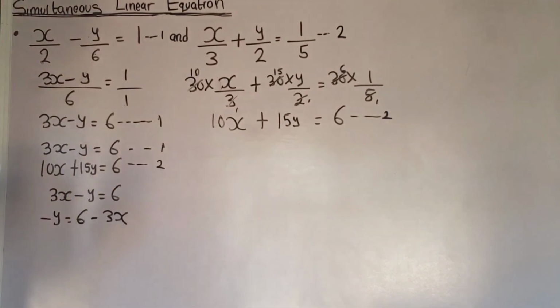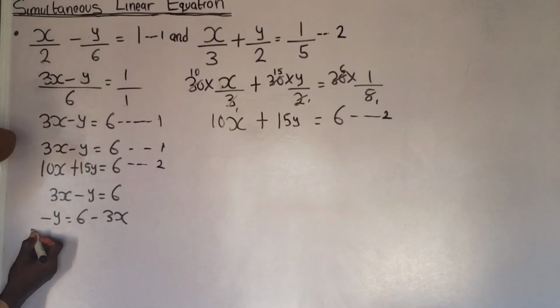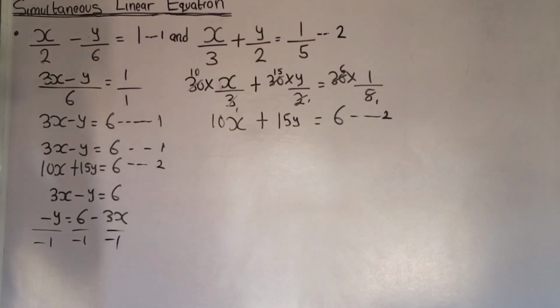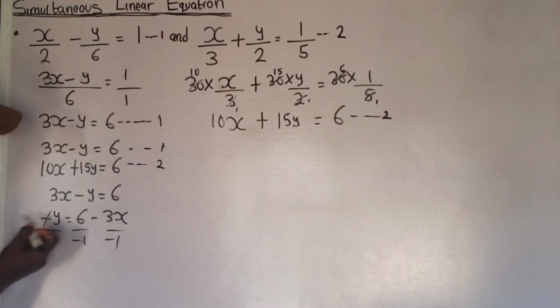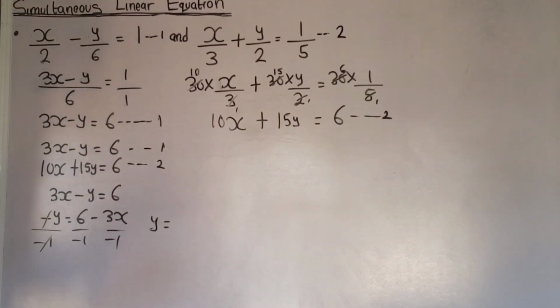Okay, now I want to make y the subject of the relation. I don't want to make negative y the subject of the relation. Please pay attention. It is y that I want to make the subject of the relation. So I'm going to divide all through by negative 1. Do you understand? So for this, I'm going to have this divided by negative 1, and this divided by negative 1, and this divided by negative 1. Do you understand? So in this case, you know that negative y is also the same thing as negative 1y. You understand? So this negative sign will cancel this negative sign. So I'm going to be left with y is equals to,